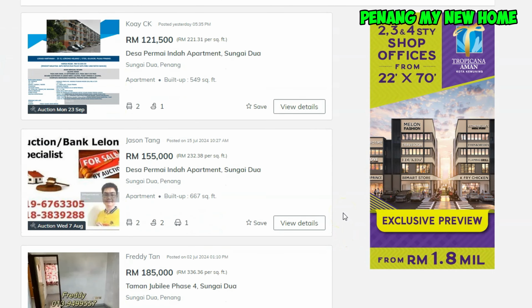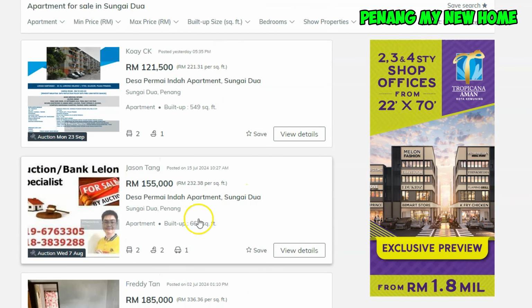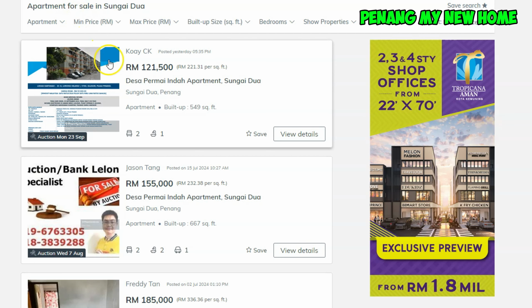So Desa Permai Indah and Taman Jubilee, these are actually on Penang Island. Permai Indah, these are in. Surprisingly, it shows me the lowest prices are those on Penang Island. So if you are looking for an apartment in Sungai Dua, on the island side, the lowest that is available is